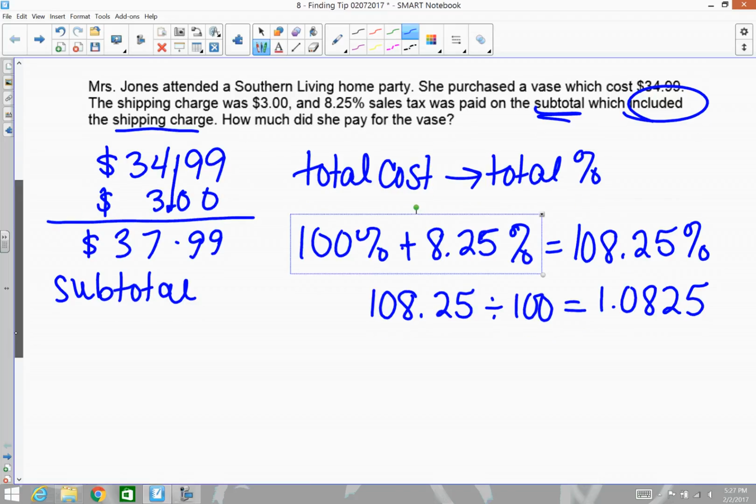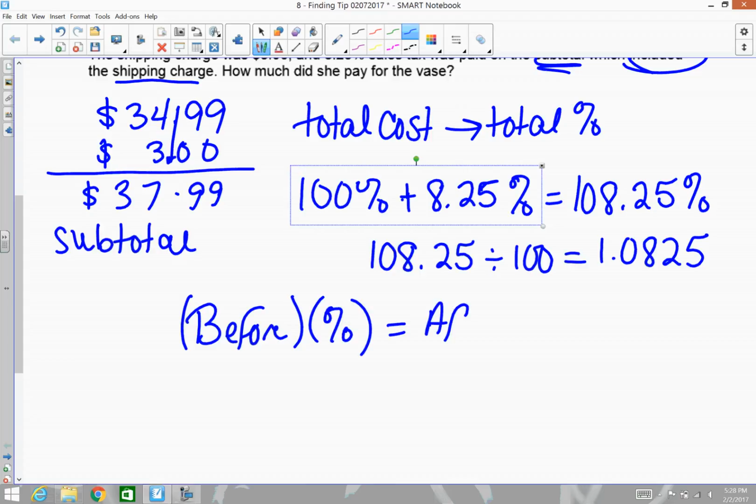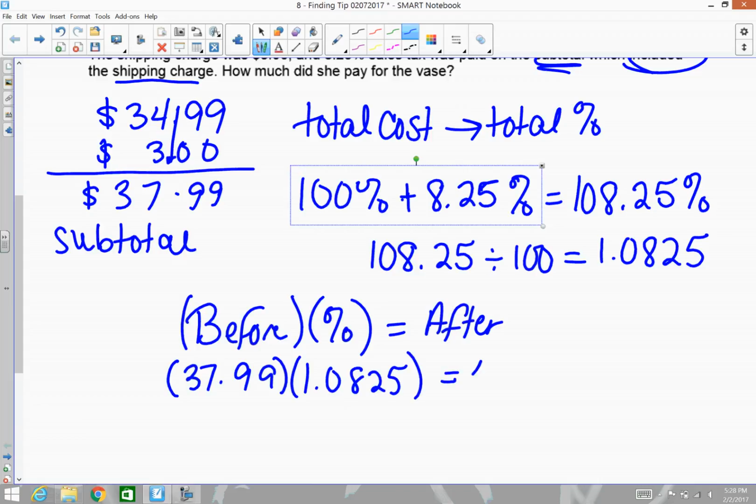Now we're ready for our equation. We have the before amount, the amount before anything is added on, that's your subtotal, times the percent there, will equal the after amount, her grand total. So we have $37.99 times 1.0825 equals, when you multiply those, you should get